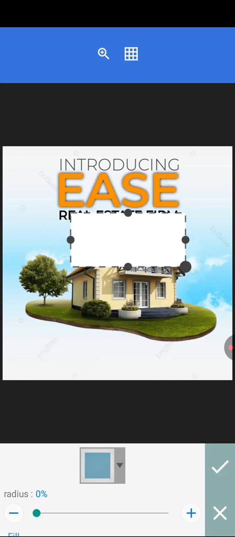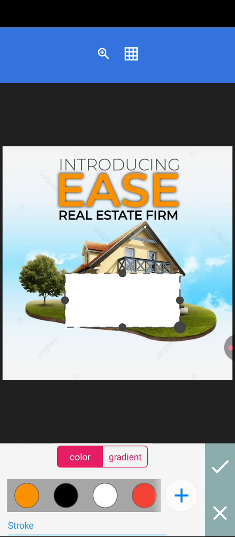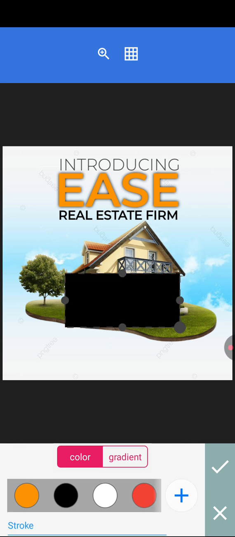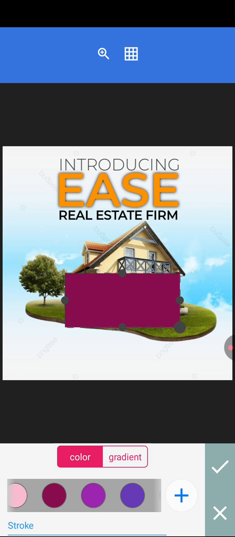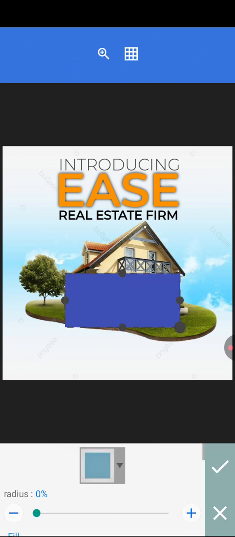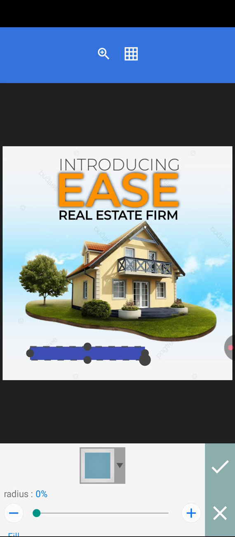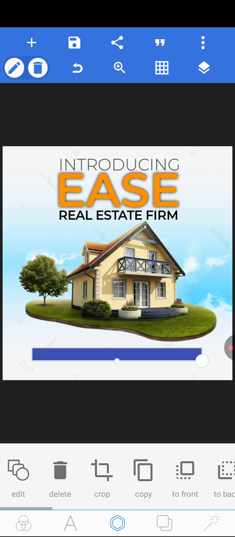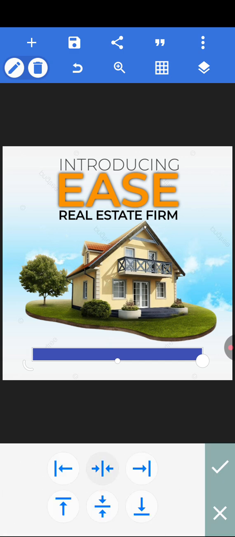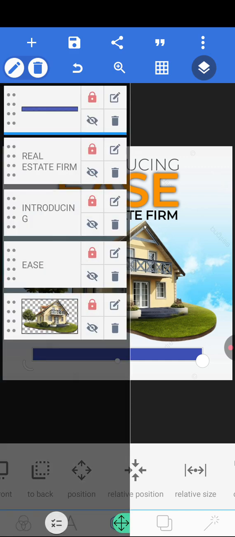Bring out a shape like this. Let's give it a color. Let's give it this color. Then you reduce it like this. Keep it here and adjust it like this. Then you centralize it. Okay, lock it. I'm going to copy